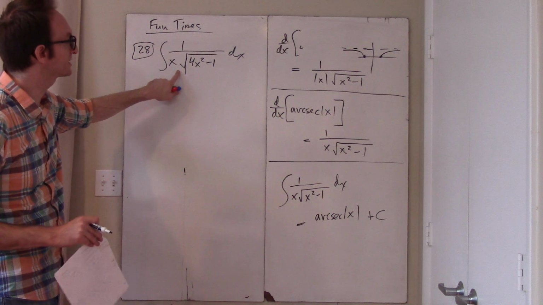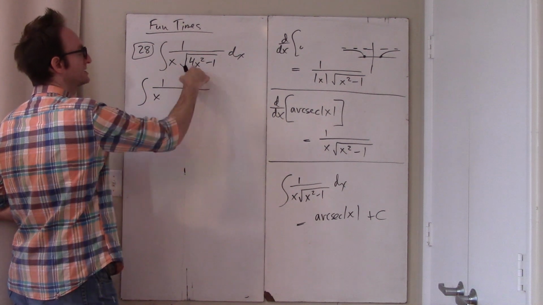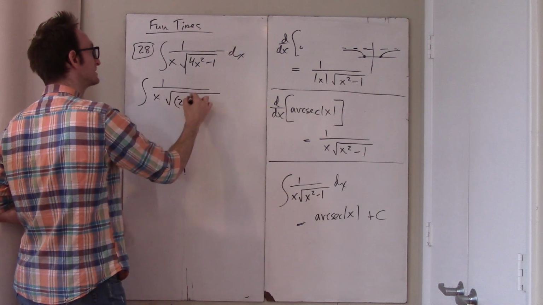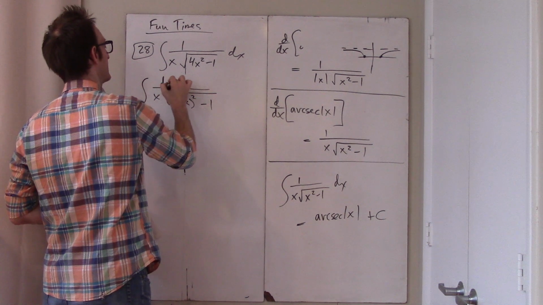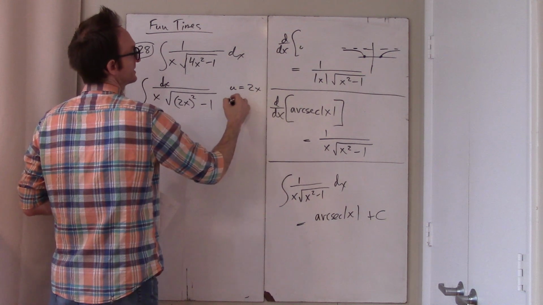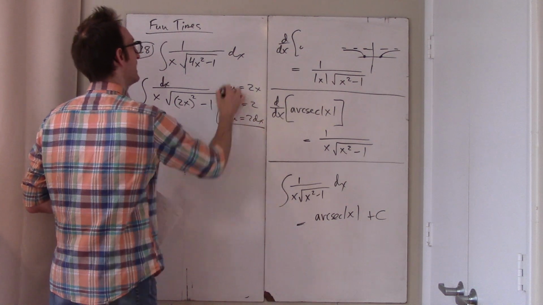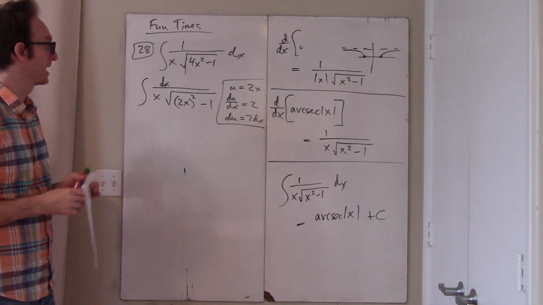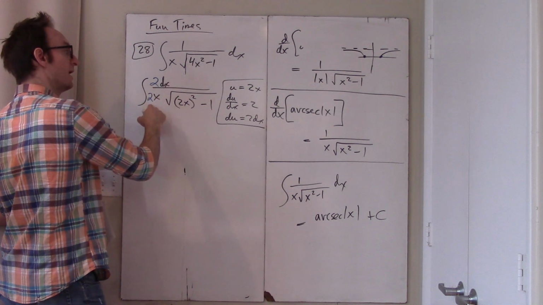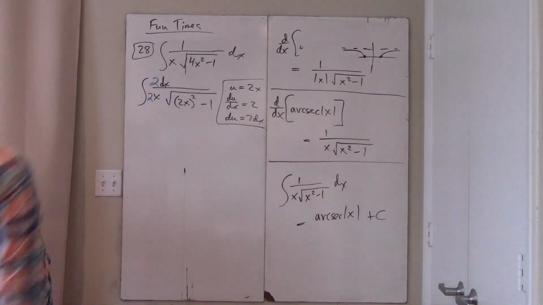Okay, well, does this look like arcsecant? Yeah, it really, really does. And I don't even think I have to do any fancy stuff here. I can just rewrite this 4x squared as 2x quantity squared minus 1. And because I'm always careful, I'm going to do the actual substitution of u equals 2x. So du dx is 2. So du is 2 dx. And so, since that's true, I need a 2 here, but I also need that to be a 2, because I want to do a variable substitution after all. So having done that, I then have